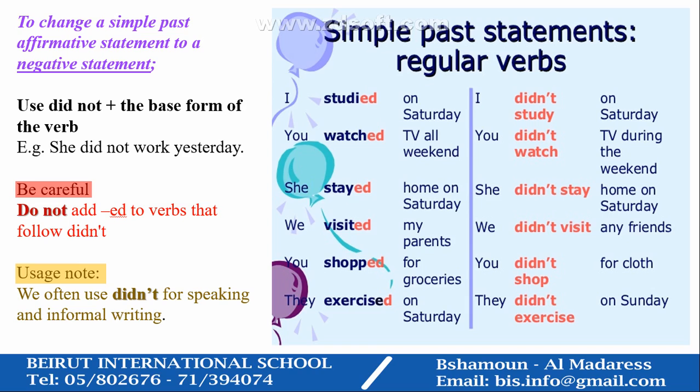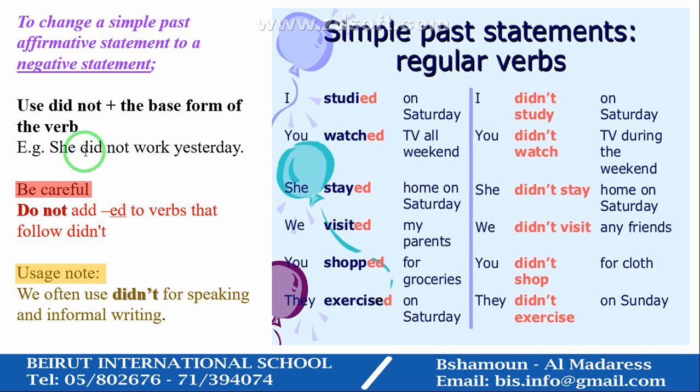To change a simple past affirmative sentence to a negative sentence, use did not plus the base form of the verb. So, she did not work yesterday. We add did not and we remove the ed from the verb. So instead of having "she worked yesterday," we added did not before the verb and we removed the ed because